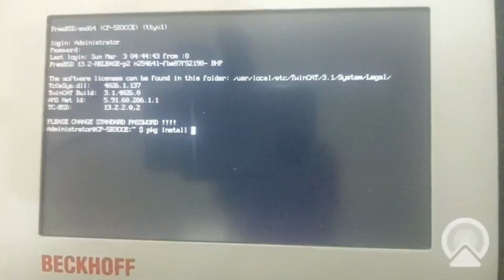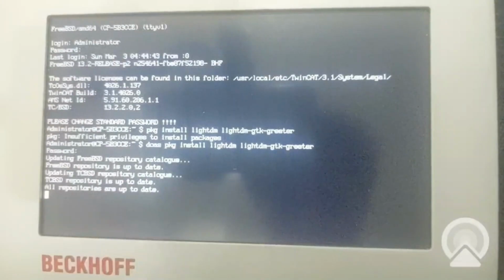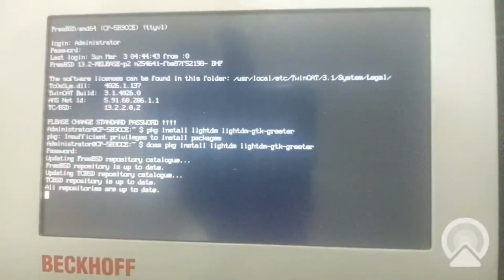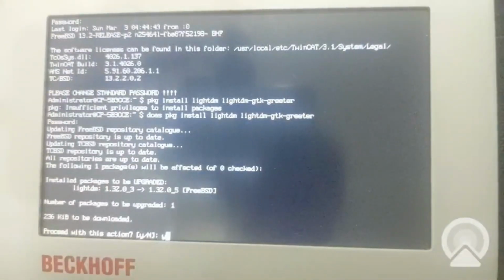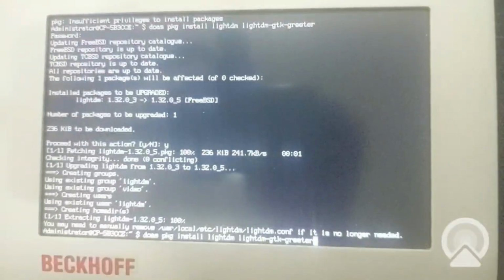To install. Okay, I installed that before, so